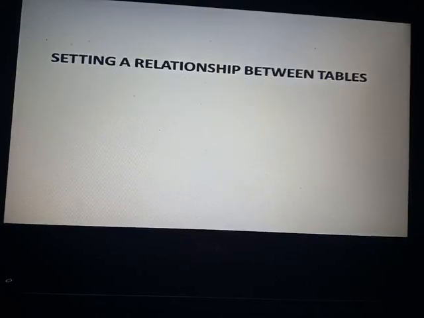Setting a relationship between tables. With the help of queries, you can set a relationship between different tables. As you all know, a query is used to edit the data also. So to edit the data, you can use the query, and you can make the relationship between two tables with the help of queries.